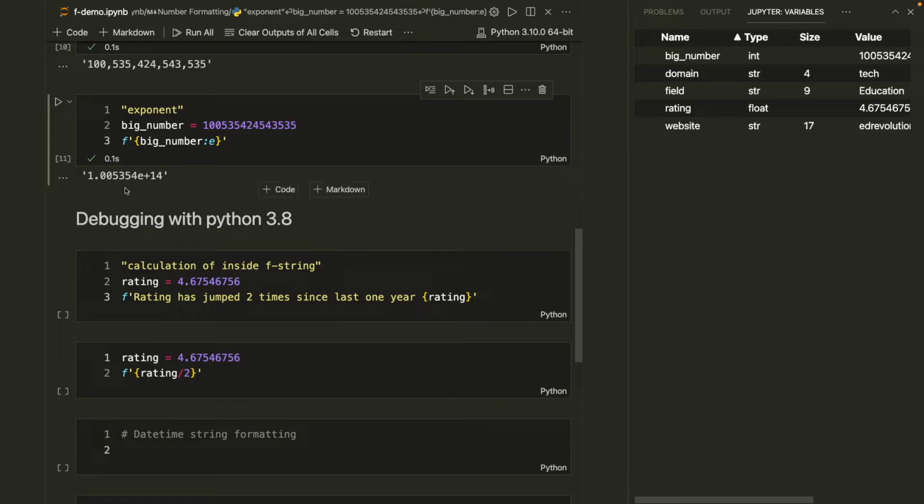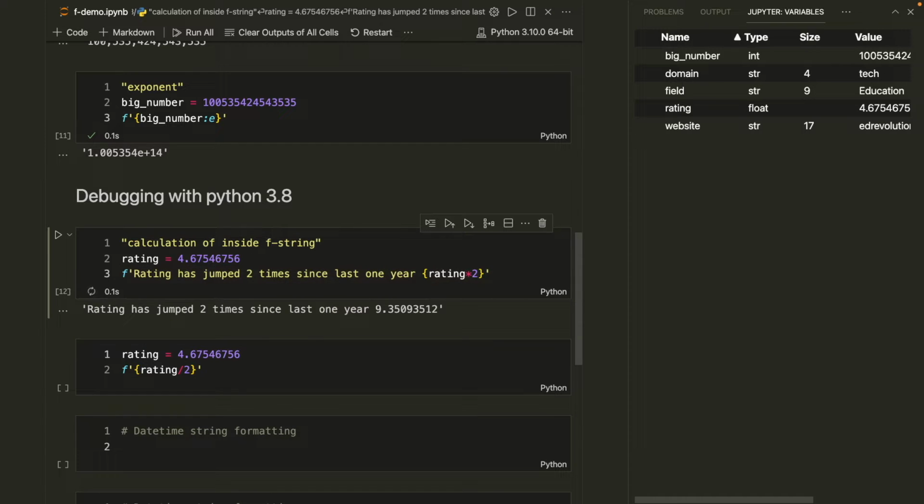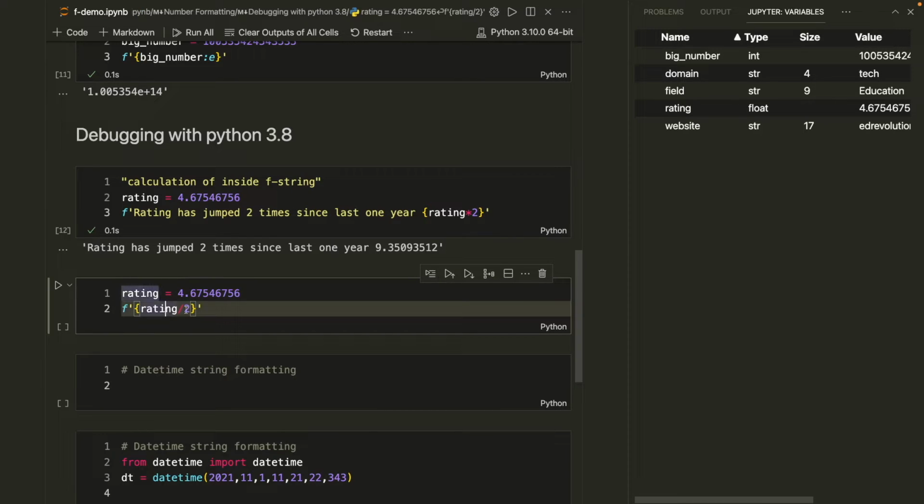So now as we already know that we can pass a variable inside this, and then we can do the calculations also with this. But now what do I want to do? I want to see, let's say this is the rating, I want to divide it by 2. I want to see this whole equation in the output also, so that will really help me out while doing debugging. So what I'll do, I'll just make a space after this, write an equal to sign operator,